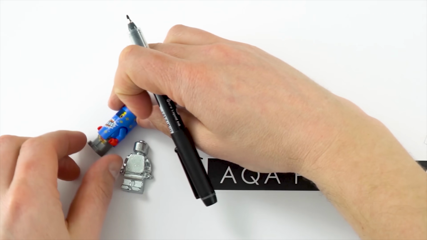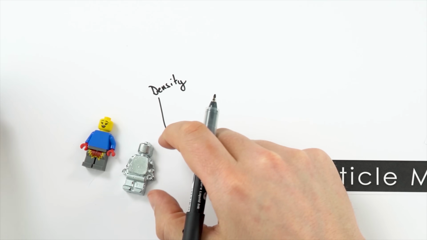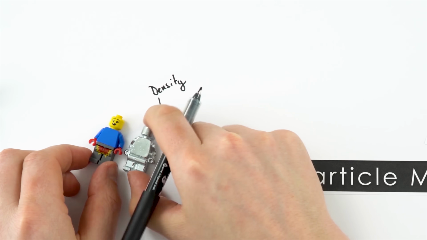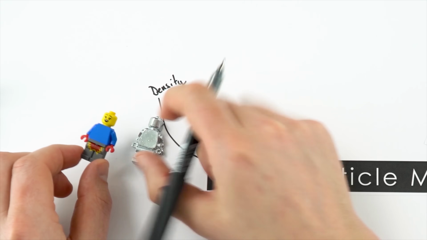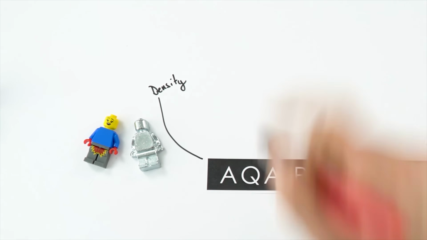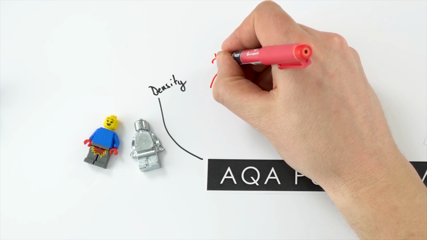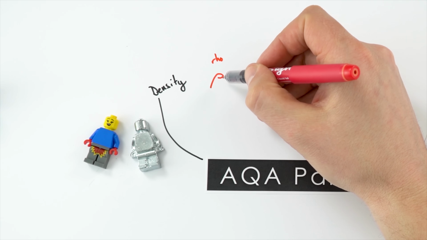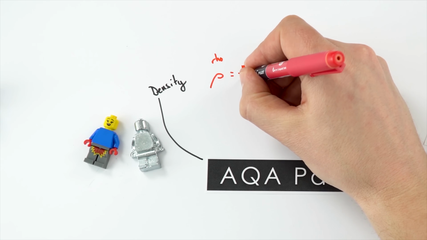What we have is the same volume of material here, but this one here is a lot heavier. It's got a bigger mass, and that means that there's effectively more stuff in the same space. Now, the way that we work out density, we use the symbol rho, so RHO. This is a Greek letter that we use to represent density, and it's equal to the mass divided by the volume.